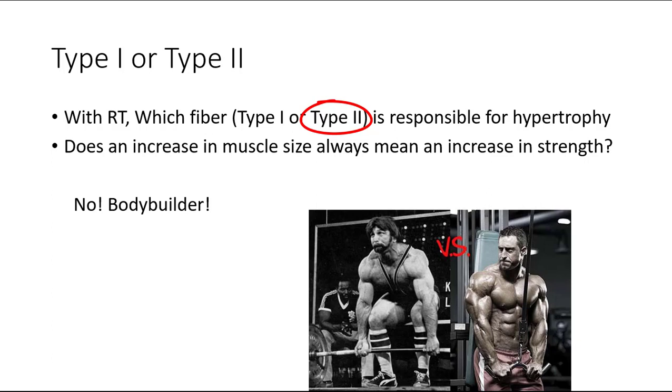a weightlifter is stronger than a bodybuilder, but a bodybuilder is bigger than a weightlifter, right? Because weightlifters have more contractile protein, like filament, but bodybuilders have less, but they have more muscle size, like sarcoplasm. Does that make sense? Yeah. So based on the bodybuilders' case, an increase in muscle size does not always mean an increase in